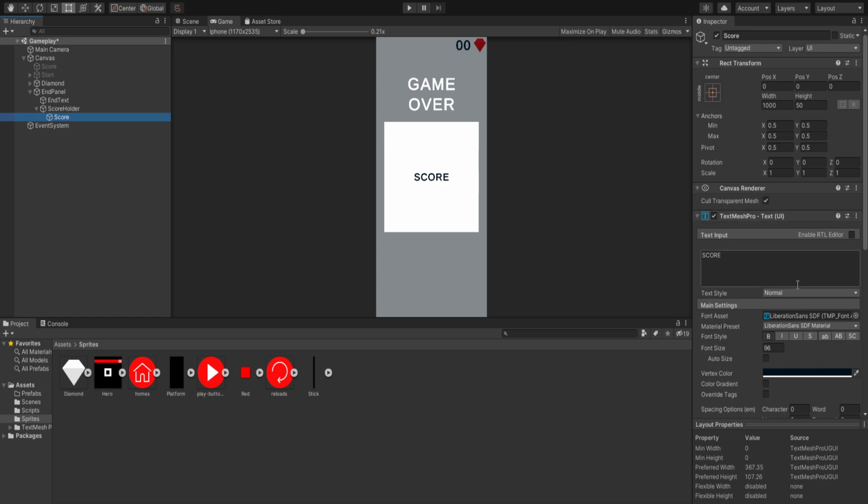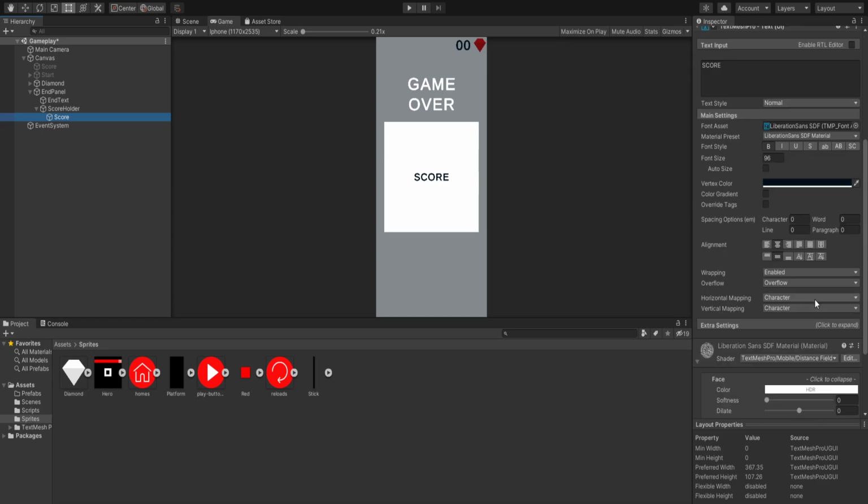And what we'll need to do now, 128, nope, 96 will suffice. So it's already created 96, and now we'll attach